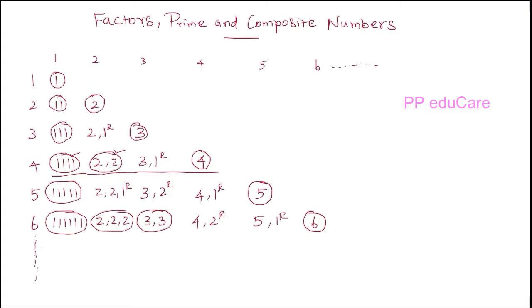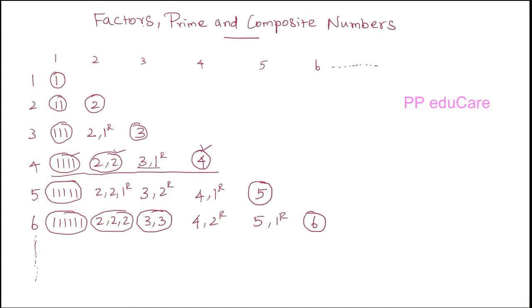Look at the next group, 3 comma 1. This is also a way of dividing 4. This means that in 4 there is only 1 3 and the remainder is 1. Which means when 3 divides 4 it leaves the remainder 1. That is, 3 doesn't divide 4 exactly because there is a remainder 1. So therefore 3 is not a factor of 4. Now there is only 1 4 in 4, that is 4 divides 4 exactly one time. So therefore 4 is a factor of itself.